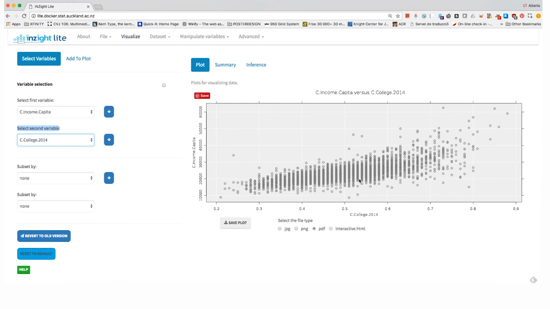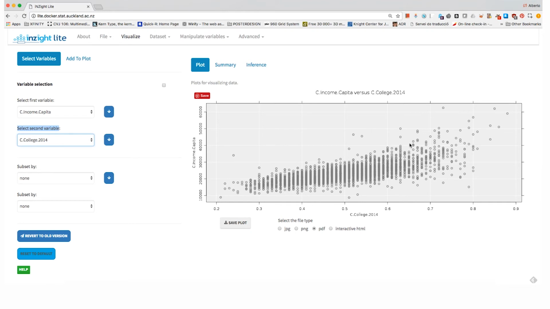So we have some interesting outliers. For example, there are counties over here which have a relatively low percentage of college degrees, but their income per capita is super high. For instance, this one, around 23% of people have college degrees, but income per capita is relatively high. But in general, the relationship is positive. The higher the percentage of college degrees, the higher the income per capita is. The relationship is quite clear.